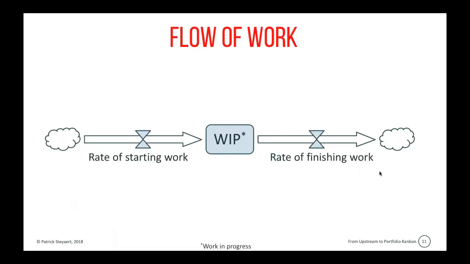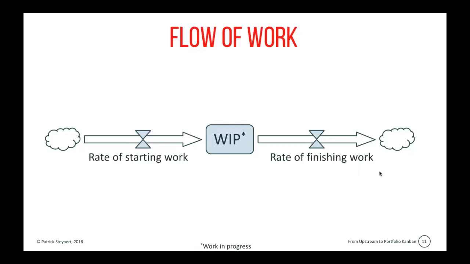How is the work in progress depleted? It is by finishing work. Now again, we have a reinforcing loop and a balancing loop. The more work in progress we have, the more work can get blocked. The more work that can be blocked, the more people that become idle. And if we don't have a team where the flow is managed, this typically results in starting new work. Now, if left unchecked, this means that our WIP would grow exponentially.